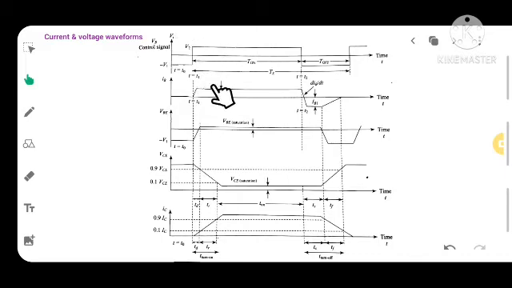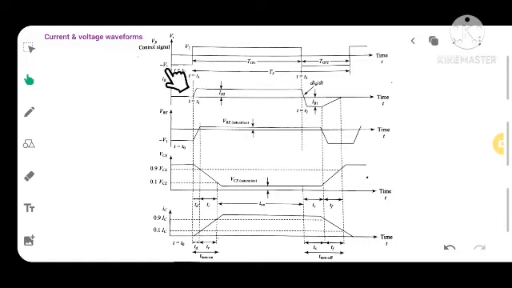Now at time t equal to t0, the input voltage at the base of the transistor is Vi, right? You can clearly see here, at t equal to t0, the voltage Vi is equal to minus V1. The emitter base junction is reverse biased. Why?